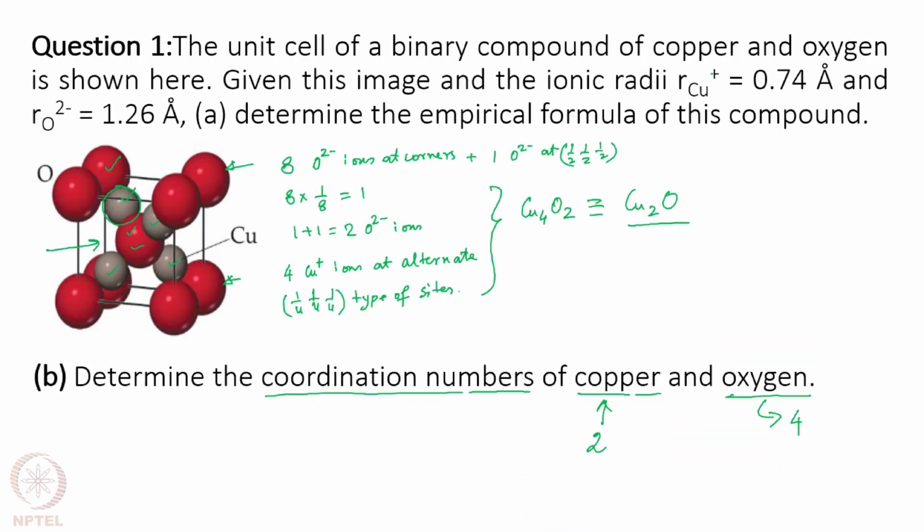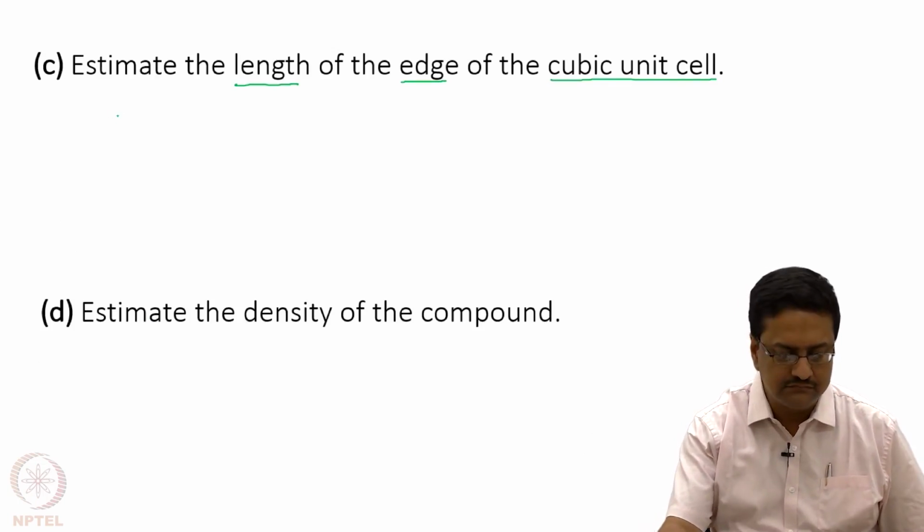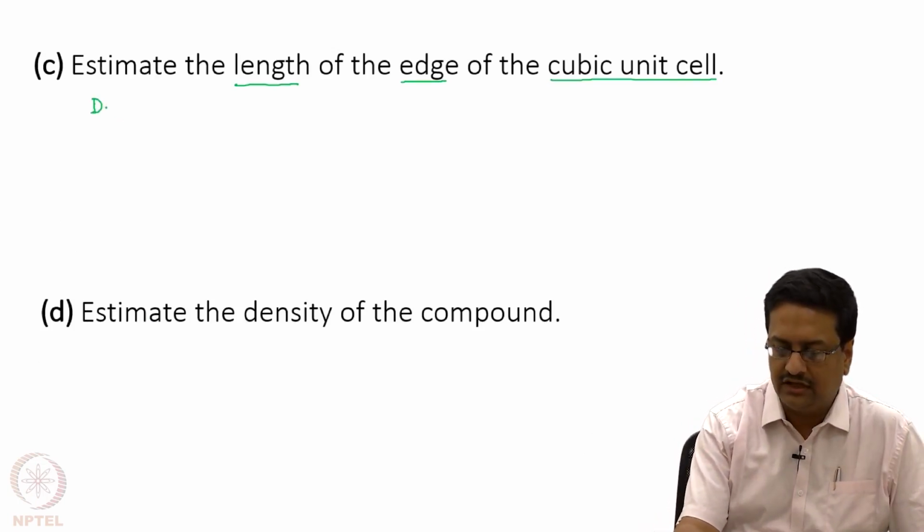What we see here is that this particular structure has a packing along the diagonal in such a way that you have R anion, this part is 2R cation, this part is again 2R anion, this part is 2R cation, and this is again R anion. So, if we add all that, that is the diagonal,